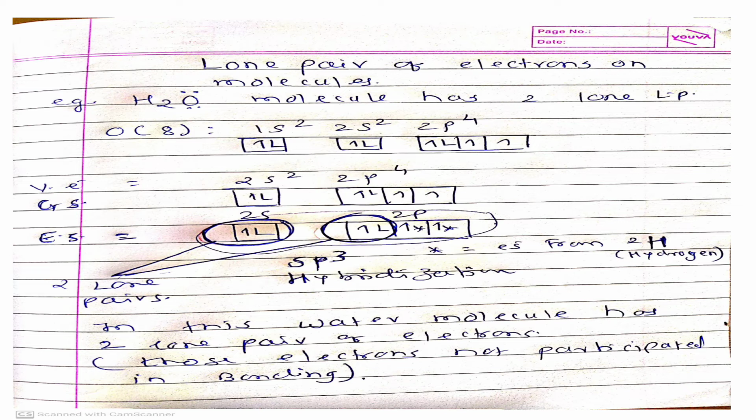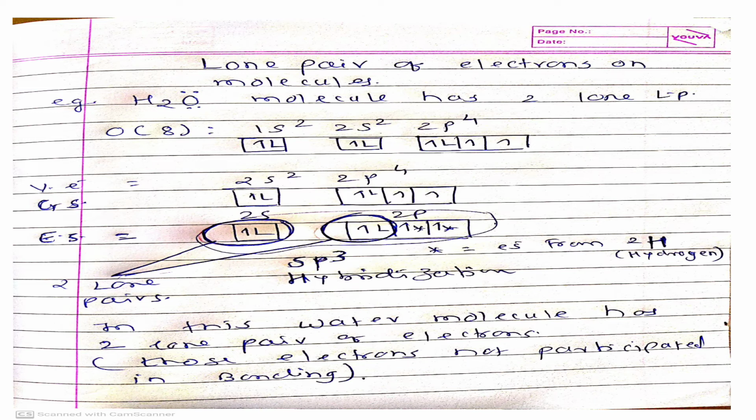These 2 unpaired electrons will combine with the 2 unpaired electrons of hydrogen, with the formation of sp3 hybridization. Now, we already know the hybridization concept: during the formation of molecules, electrons undergo the process of hybridization. So this water molecule results in sp3 hybridization, and the overall shape of the molecule is V shape, bent or angular. Here you can see that the 2s electrons and 2p electrons of oxygen did not take part in the bonding, and that's why these 4 electrons result as lone pairs. That's why we can see that on the oxygen there are two lone pairs of electrons.